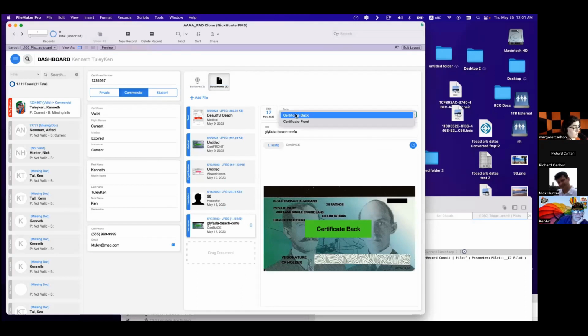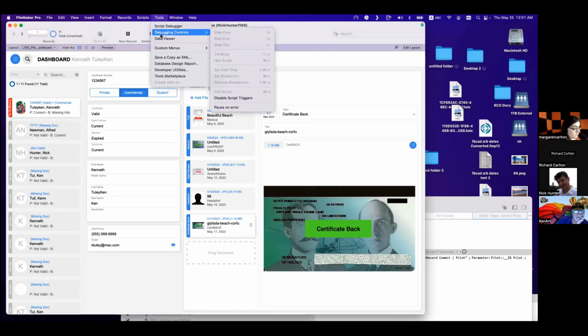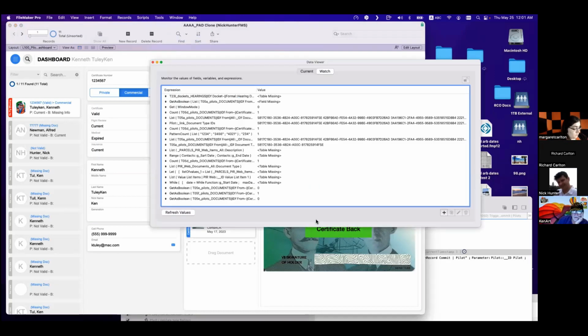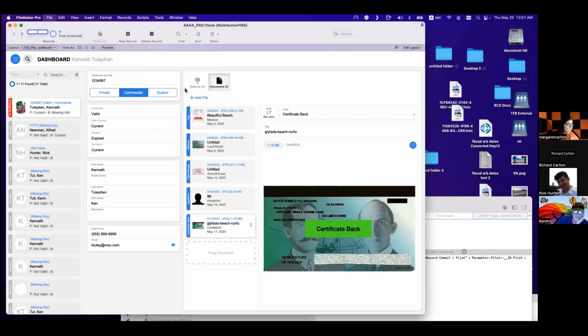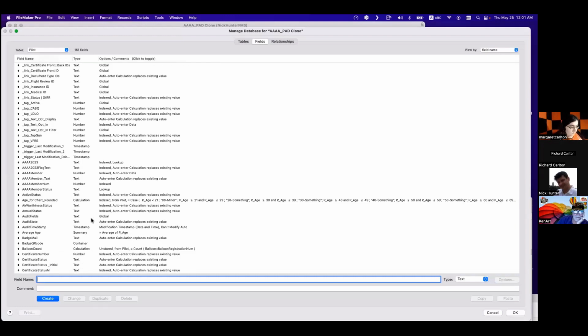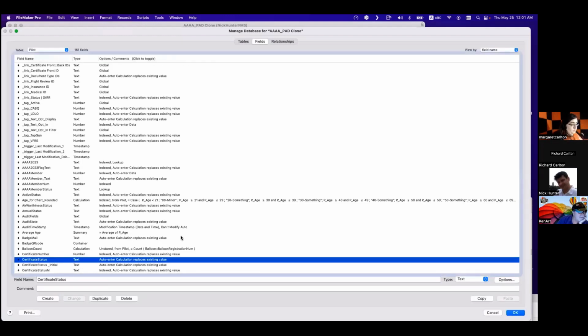If I put the back here and I validate this, okay, so again, now it said 1 here. So the back is there. See? Get as Boolean back. I have it. So if I said no, it's not missing. Right. So something is happening here. We're going to fix it.